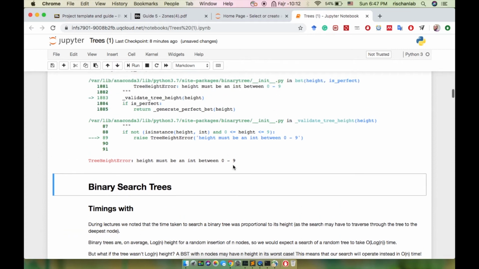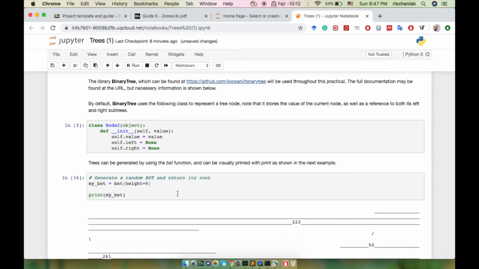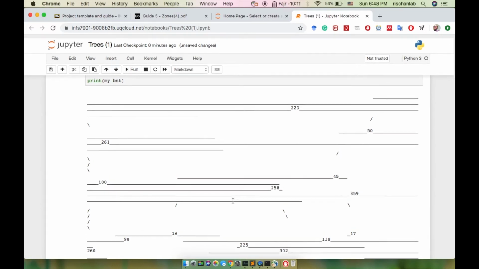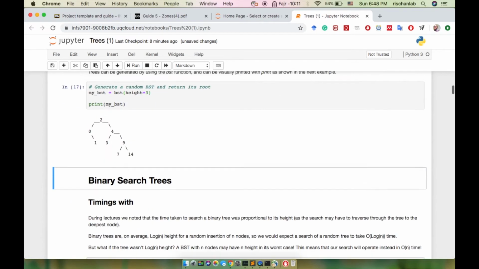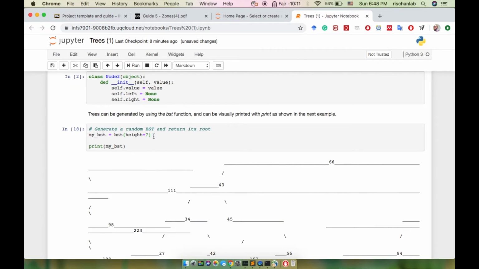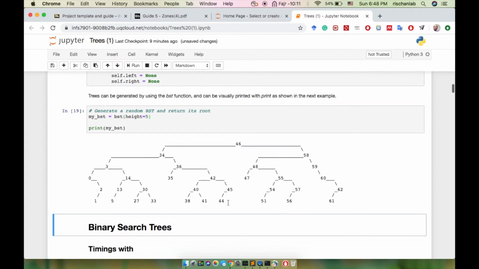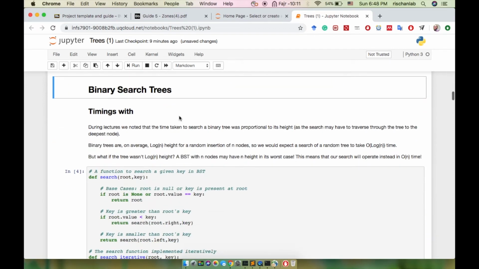Oh, must be between 0 until 9, sorry. Let's say, okay, 8. Oh, it's too big. Okay, maybe just 3. Okay, right? 7. It's too big. Okay, 5 is the best one, I think. Okay, so this is how we generate a random BST. And then,